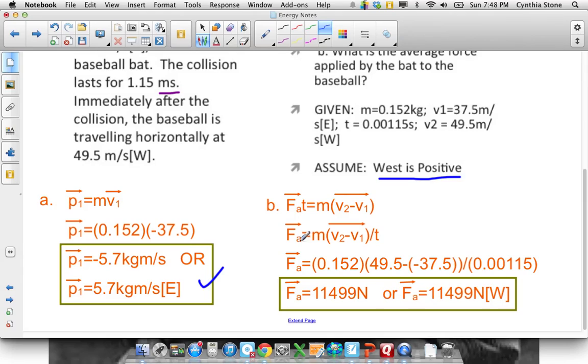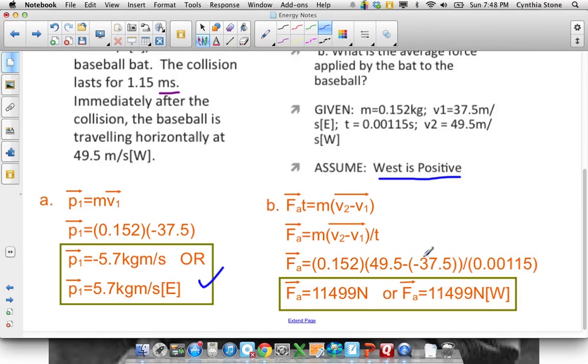Force, I'm calling it force applied, is, and I'm assuming by the way, by virtue of this, that it's the net force at the time. It's mass times v2 minus v1. So just rearrange it to get force by itself. So there's the mass, there's my v2 minus v1. Remember that this is negative, so it ends up being